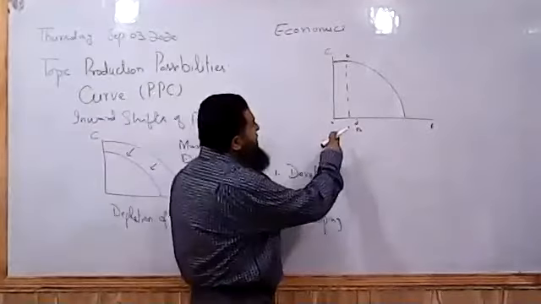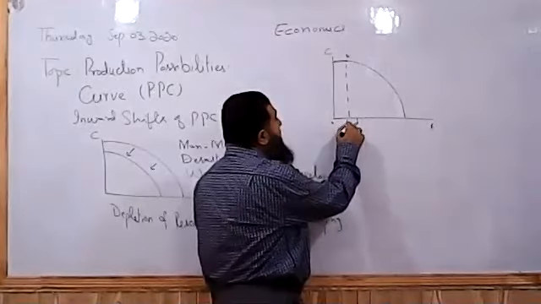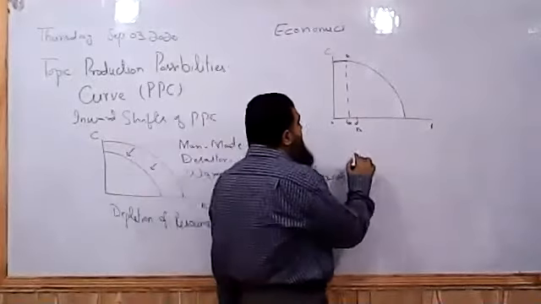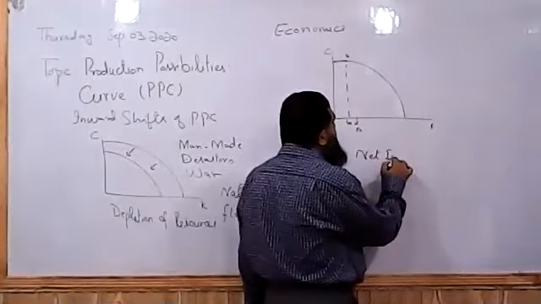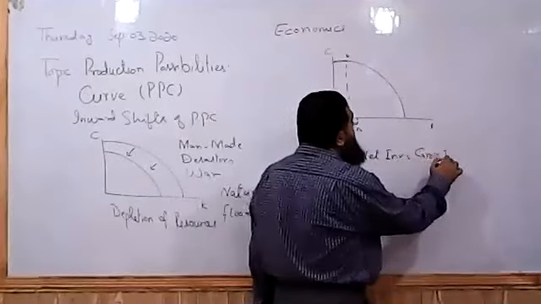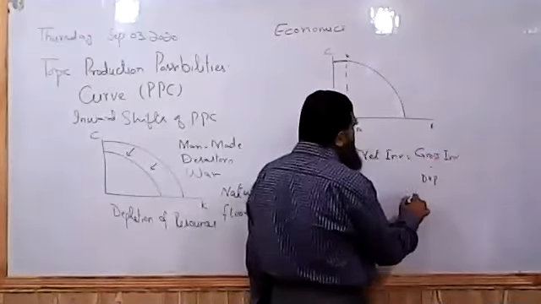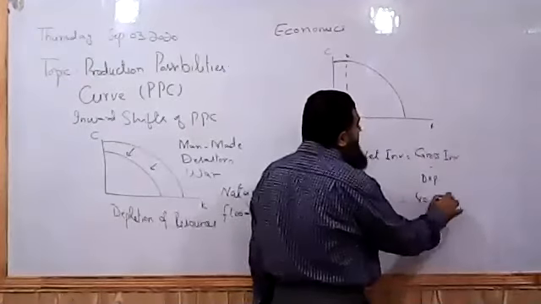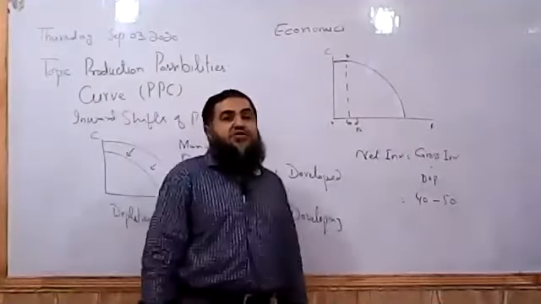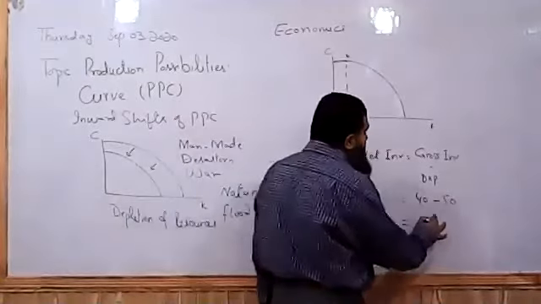So as a result, if 50 machineries, 50 capital goods, are depreciating every year, but our country is able to produce only 40 capital goods, what is the net investment of a poor country? Net investment means gross investment minus depreciation. If this country is producing only 40 capital goods, where 50 are depreciating, the previously available machinery, previously capital goods, are depreciating. Okay, our net investment is minus 10.